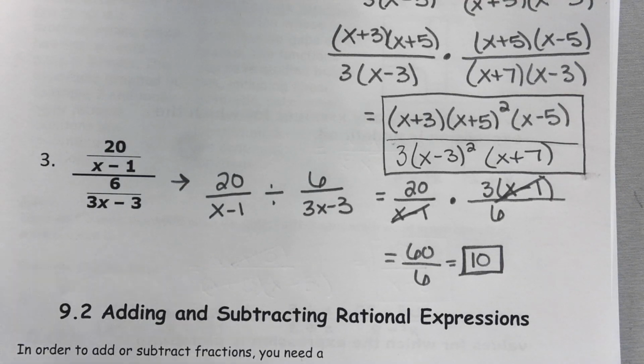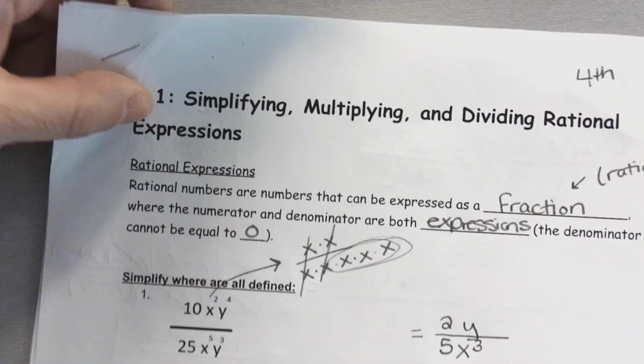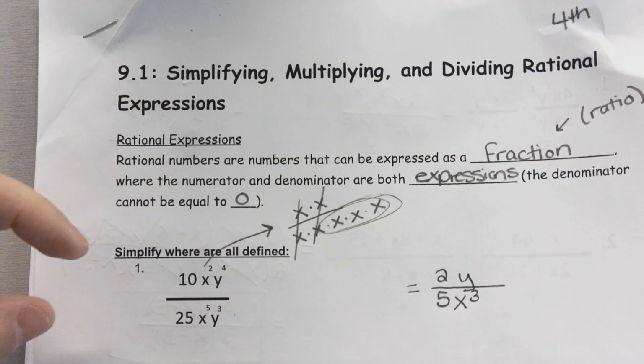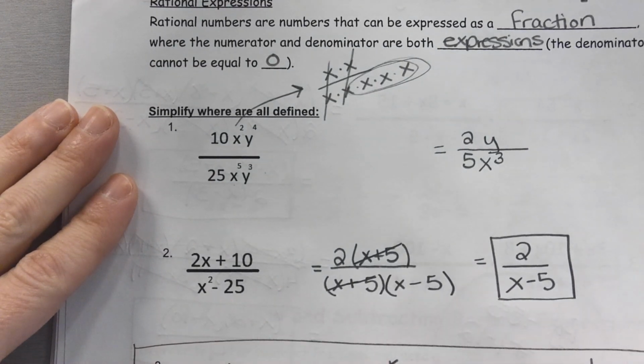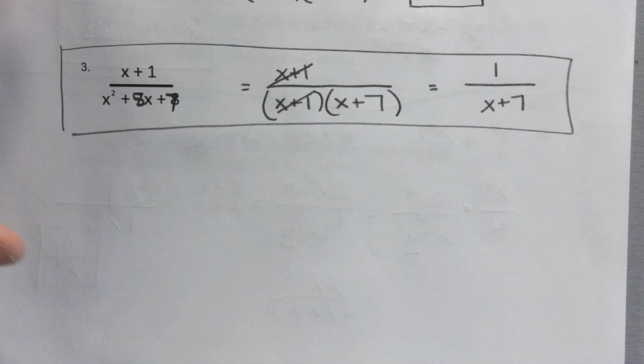All right. Now, the other thing I want to do is go back to yesterday for a second and talk to you a little bit more about the denominator and when it can't be 0. Let's go back to number 3 for a second. So I want to add on a little bit to our notes from yesterday. So when they ask you where it's undefined, because some of the questions in the homework have been doing that, and eventually we'll have a quiz and a test and we'll get into that more,